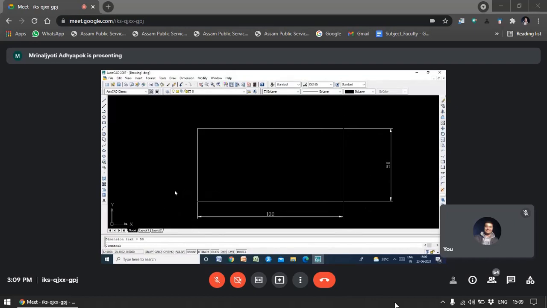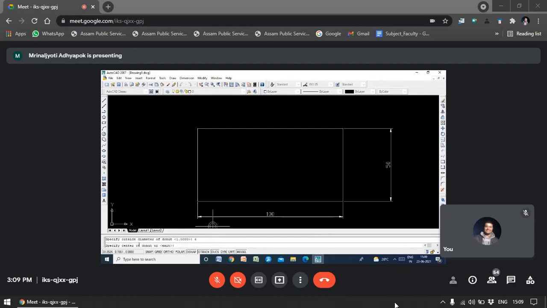Okay, so now what we are going to do, we are going to draw the donuts. Okay, I have already told you how to draw the donuts. What is the command we have used? DONUT, donut. Okay, so now you have to give the inside diameter. Inside diameter is how much? It is 4. Then the outside diameter, what is it? It is 6. Okay, press enter.